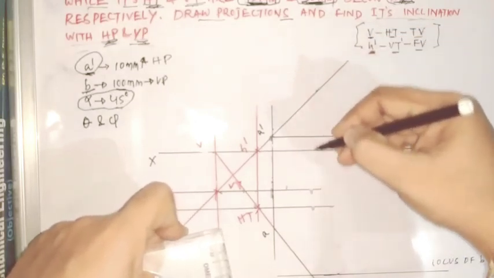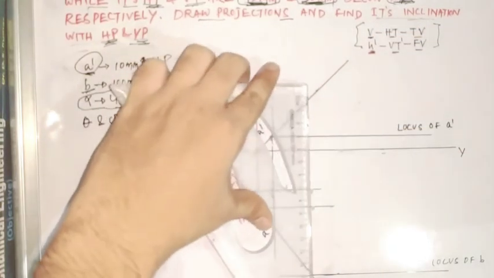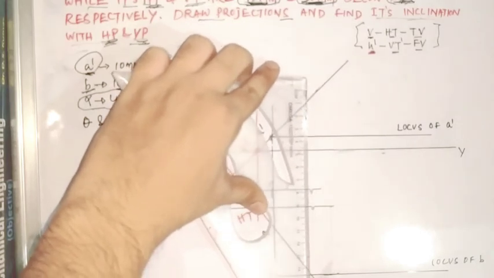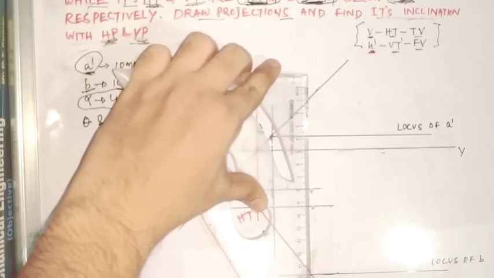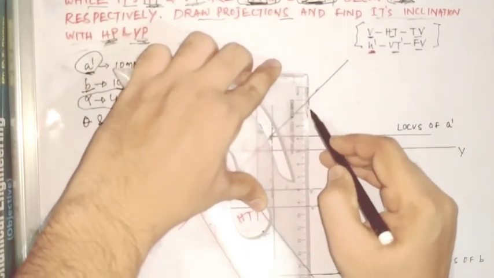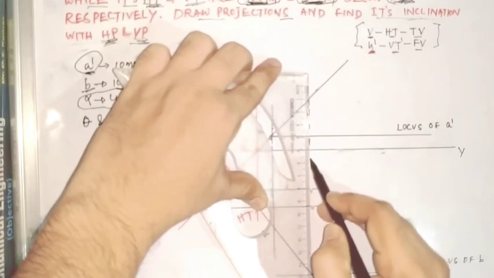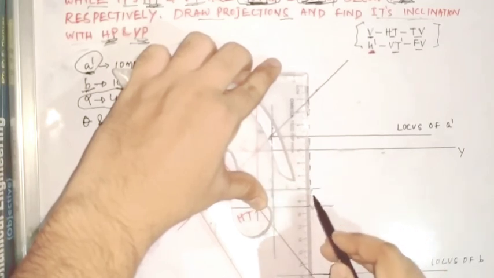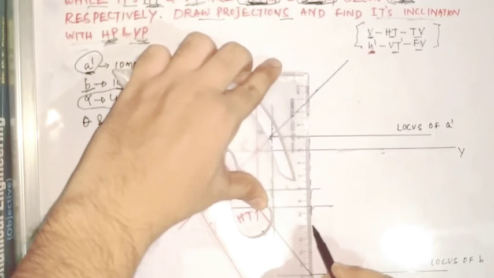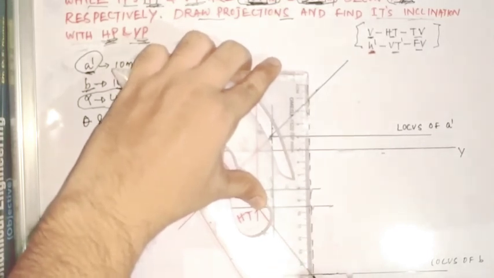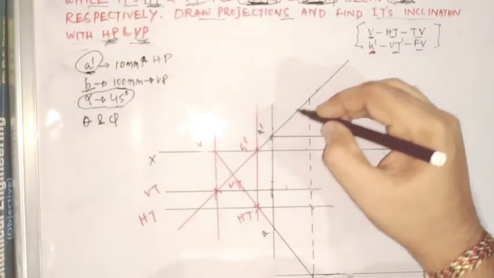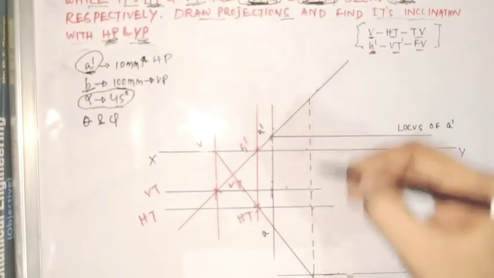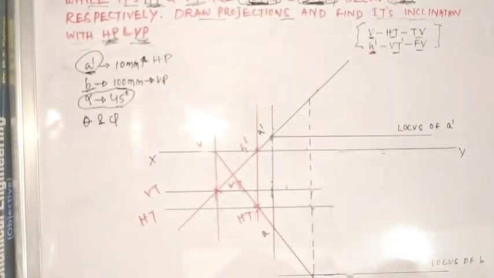Now, for getting the total front view I need to draw a vertical line over here. By taking it parallel to this line I can draw a vertical line, so that I'll be getting the front view. I am marking this as a dash line, so that I'll be getting the top view as well as your front view. So this will be my front view and this will be my top view.